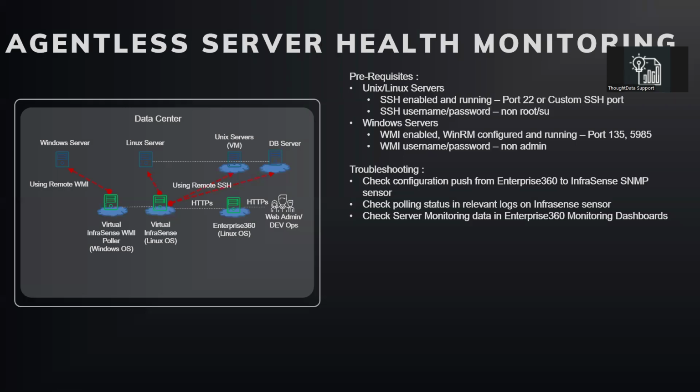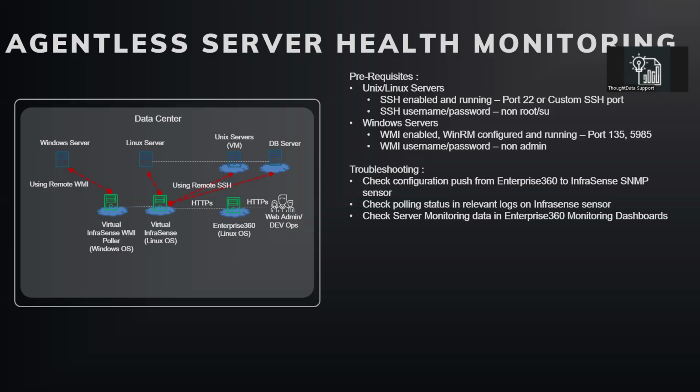Enterprise 360 software solution provides full-scale agentless server health monitoring. Using Enterprise 360, you can monitor any servers inside your IT environment. These servers can be physical servers or virtual servers. And the virtual servers can be running in private cloud or in any public cloud as compute instances. And servers can be, again, Linux operating system, all flavors of Linux, or Unix